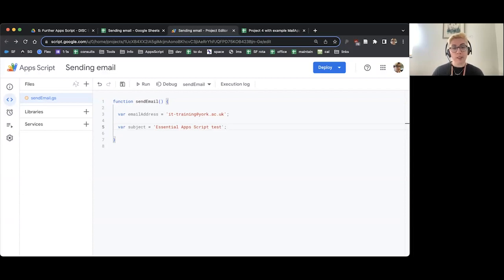And finally, we need to give it a body. Now this one's going to get slightly more complicated because we're going to put in some line breaks. So I'm going to write var body space equals, do some quotes, and start with just a hello, maybe an exclamation mark, because I'm very excited to send this test email. But I can't just hit enter if I want line breaks. It won't read them. I need to tell it specifically to put in line breaks.